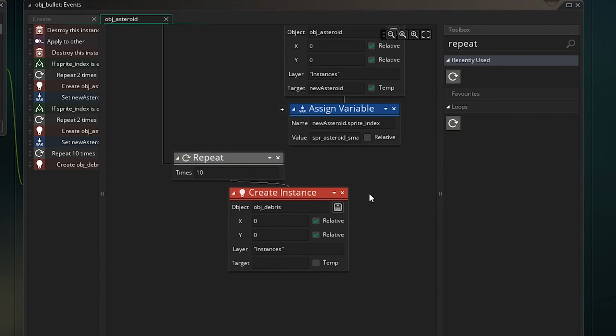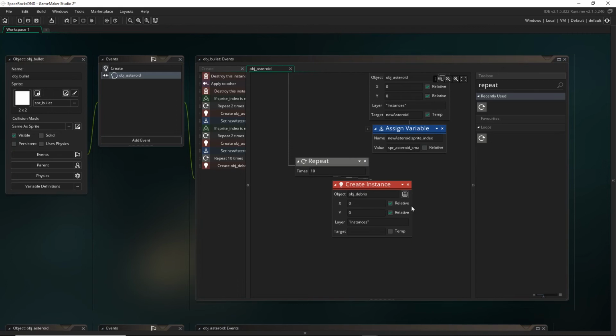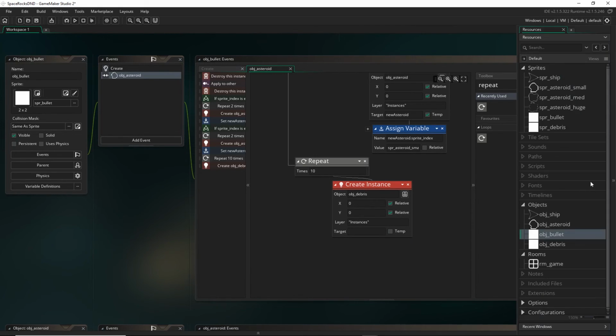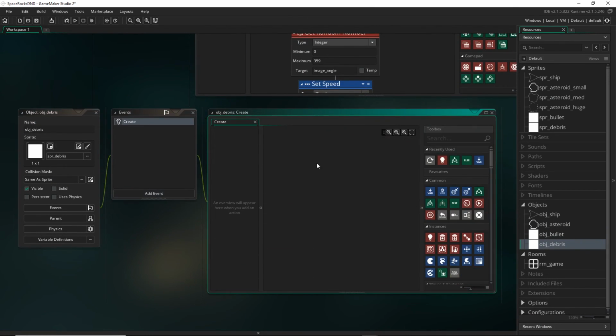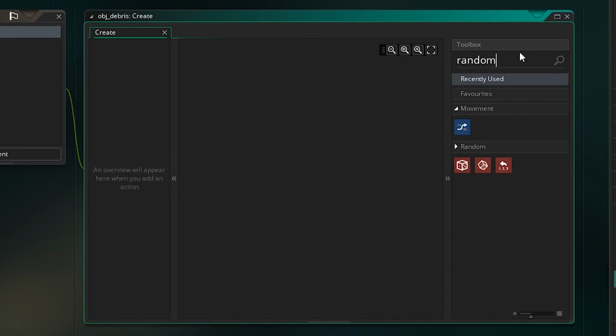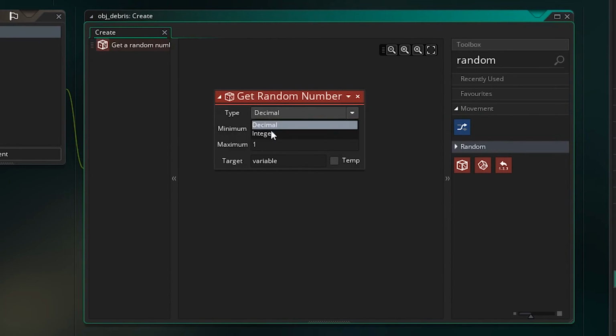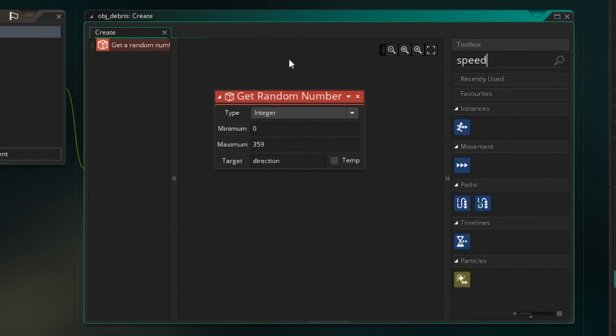Now I'm going to have the debris choose a random direction to shoot off in and then fade away over time so that we can't see them anymore. So in its create event, we will choose a direction. We want a random number again. Set a random number, integer from 0 to 359, and the variable that we're changing is the direction. All right, and let's also set its speed